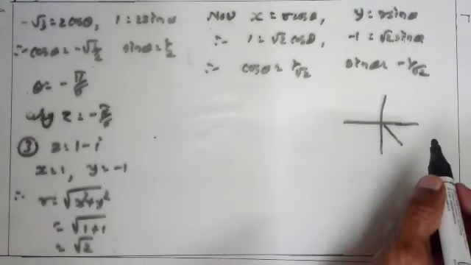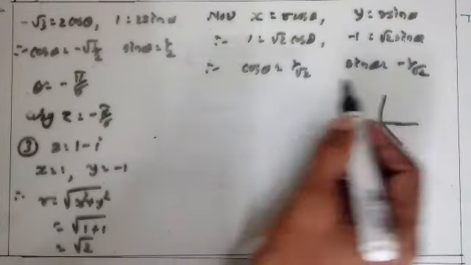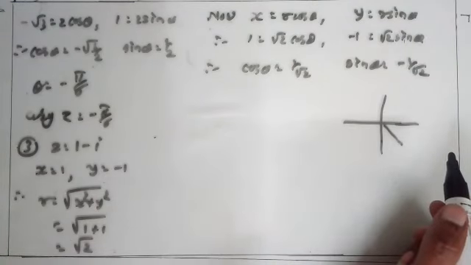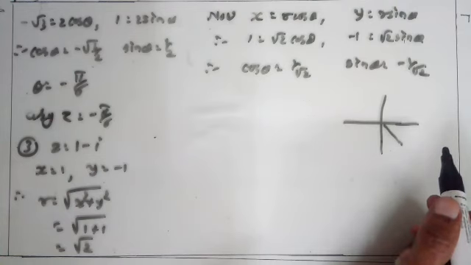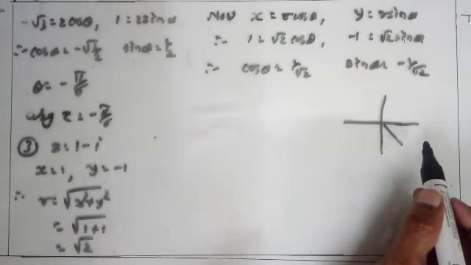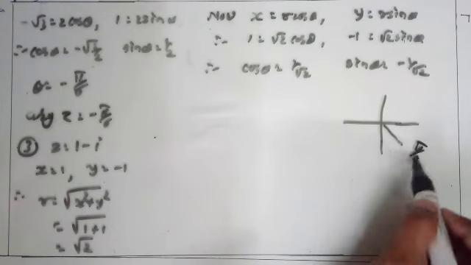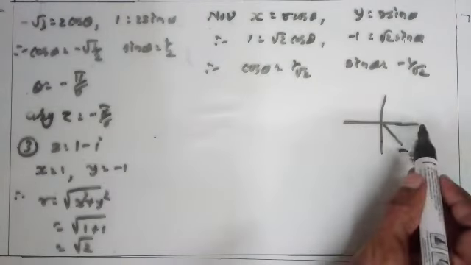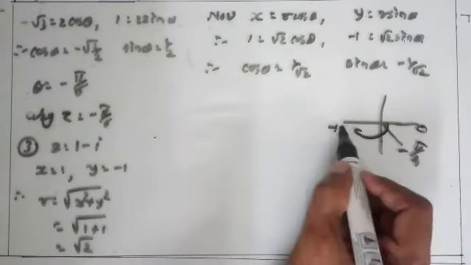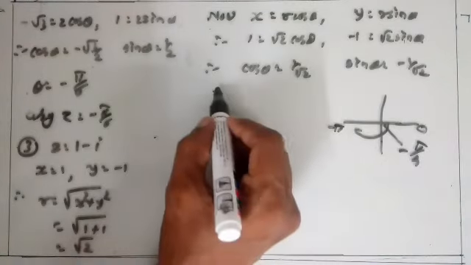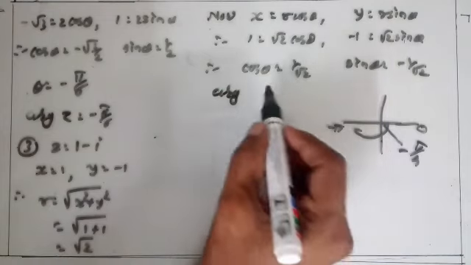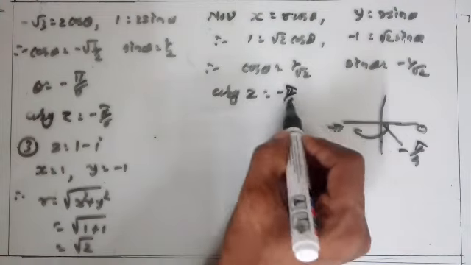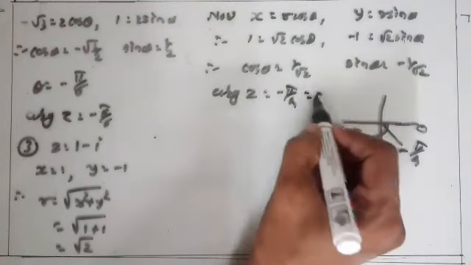And in the fourth quadrant, here cos theta is 1 upon root 2, sin theta is 1 upon root 2. First read without sign, taking both positive: 1 upon root 2, 1 upon root 2. Think where the value of cos and sin become 1 upon root 2: pi by 4. And it lies in the fourth quadrant, so apply minus sign, because this lies in 0 to minus pi. Clear this? So the principal argument of z is theta is equal to minus pi by 4. Okay, so this is theta.